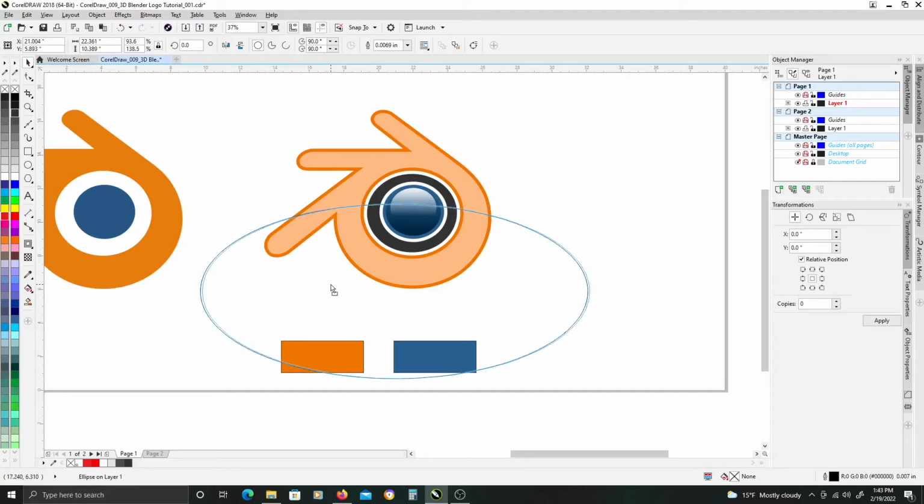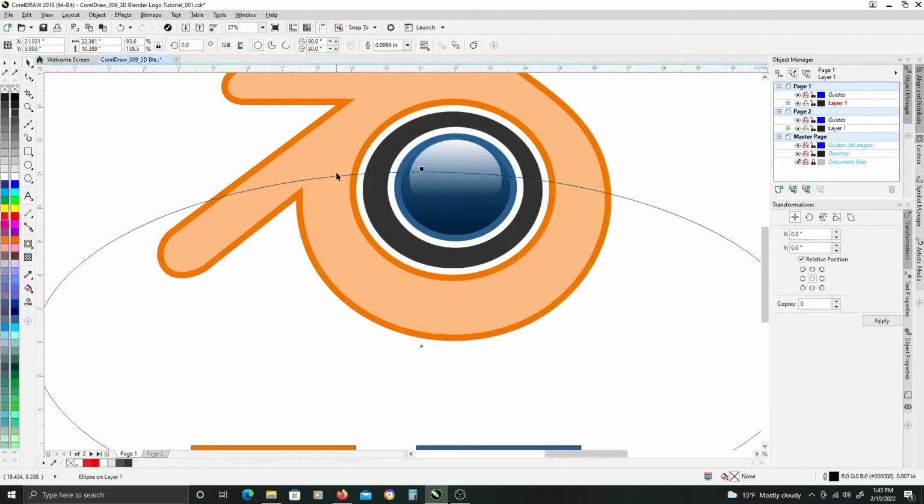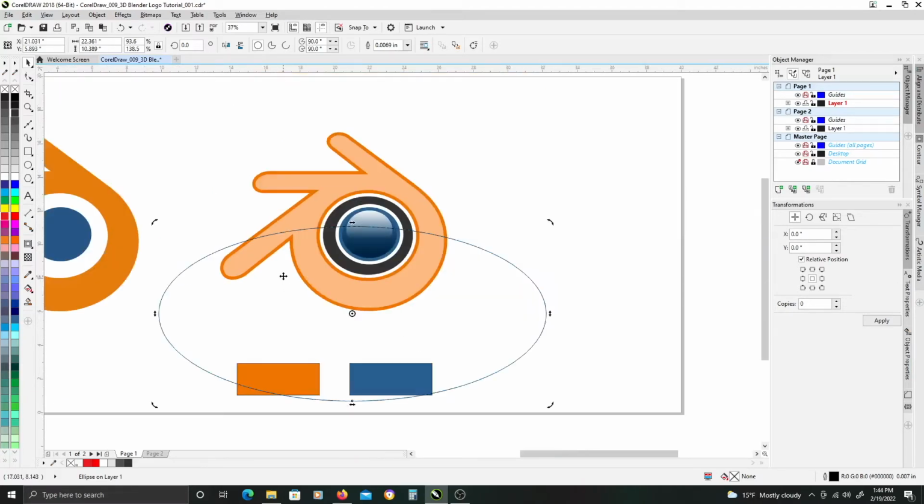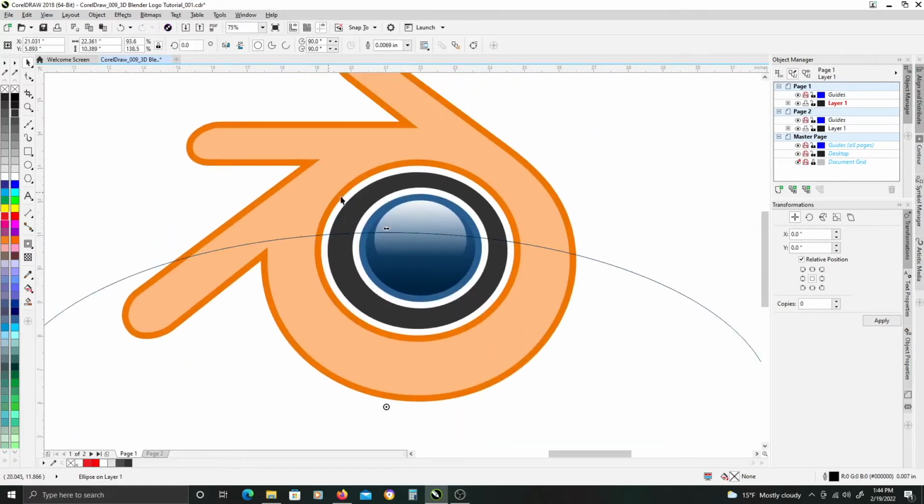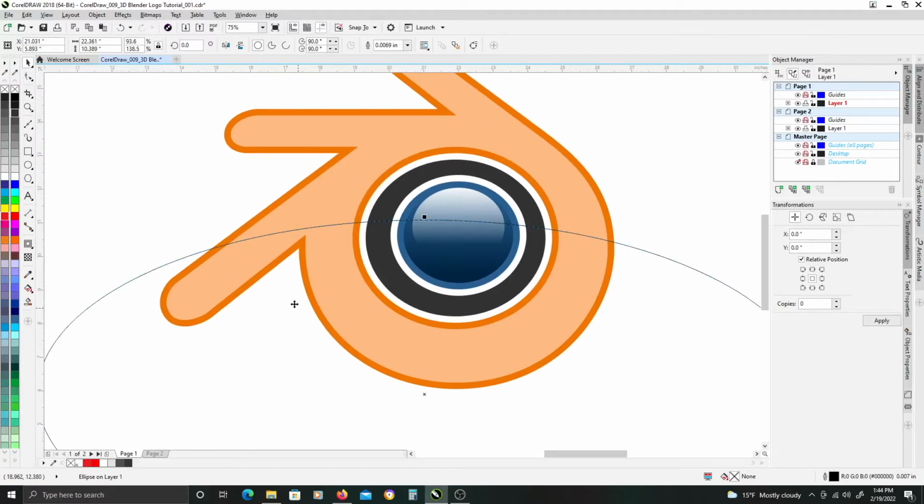It can be a little tricky sometimes depending on the logo, but once you have that, we're going to use this as a slicing object for these two contour shapes. So with that selected, if you select this outer orange contour object,